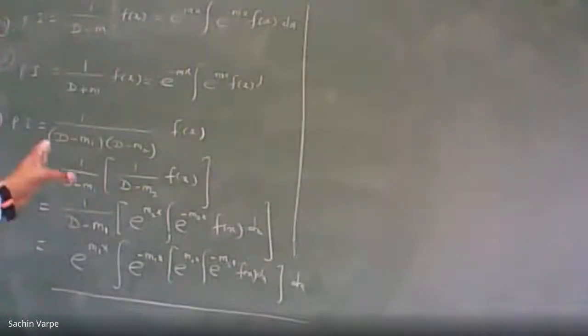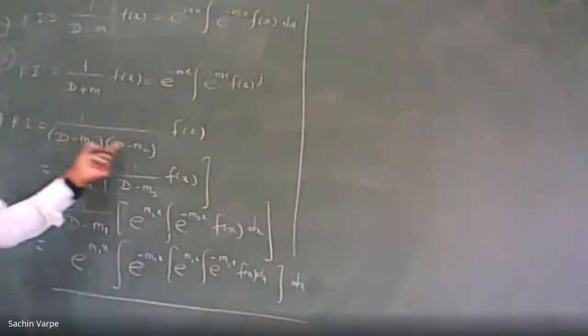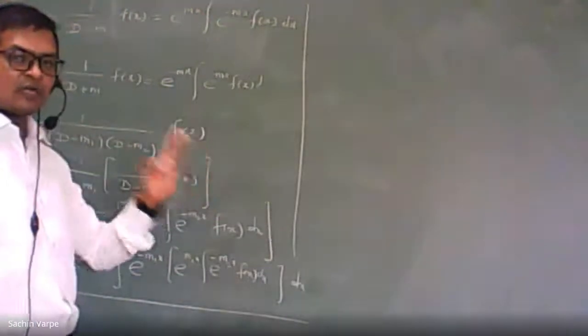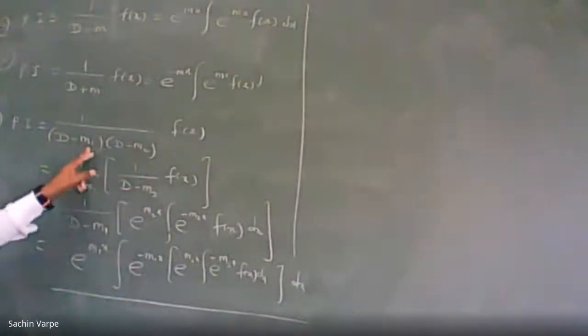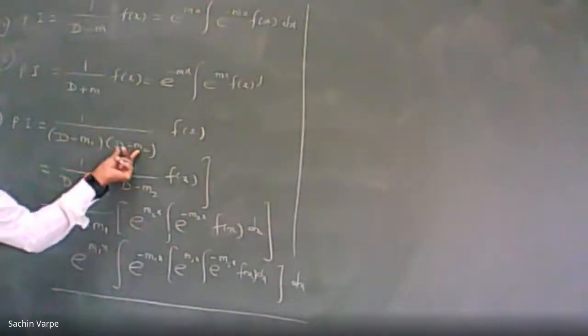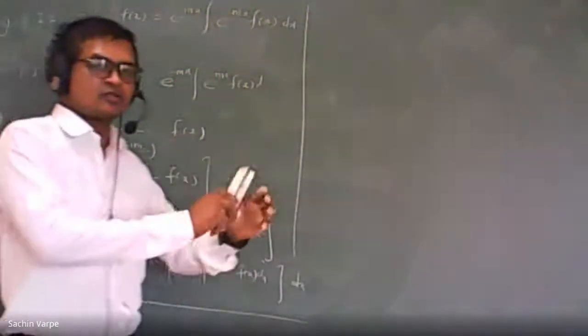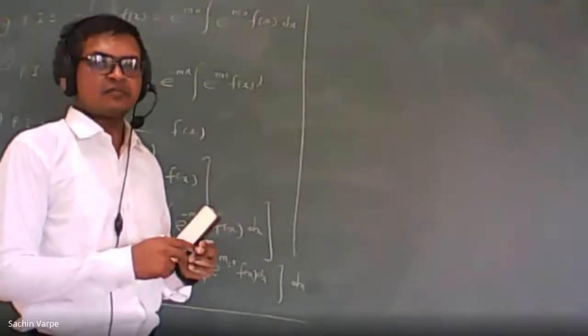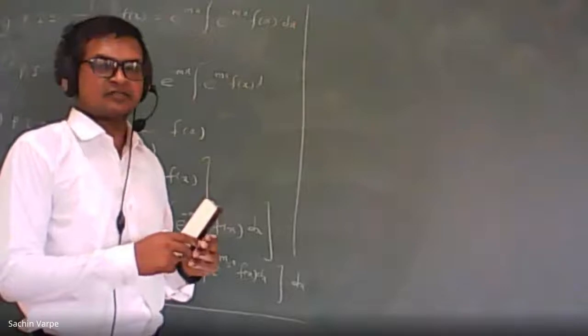Sir, if roots are repeated and all, we'll go in this manner only, no? Or is there any condition? No, there is no condition. Even if the roots are repeated, then also we'll go in this manner. We'll operate one by one. Or we have one more option. If the roots are distinct, we can separate these two roots. There is one method to separate the two brackets or the two factors. What is that method? That method is called the method of dash dash.